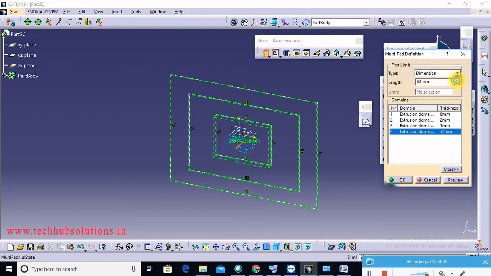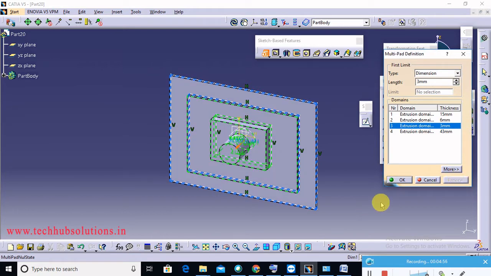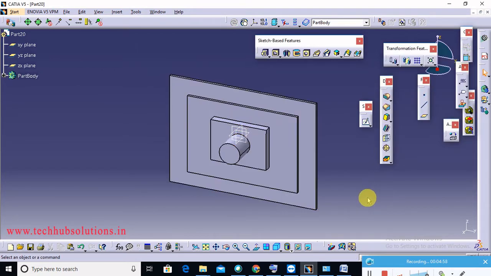So 4 different dimensions. So there is a preview option. So now this is the multipad option of CATIA.